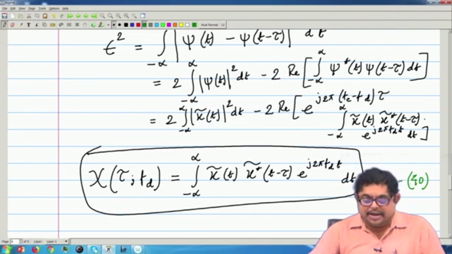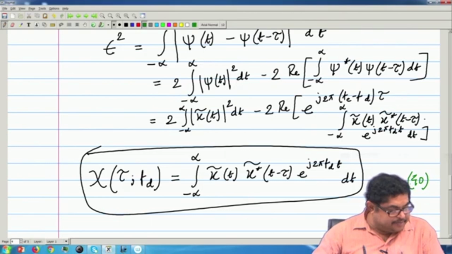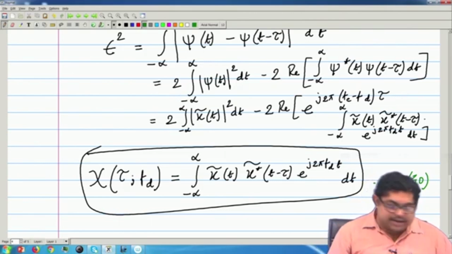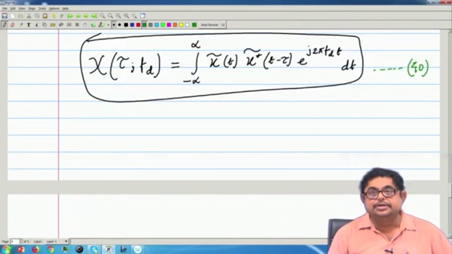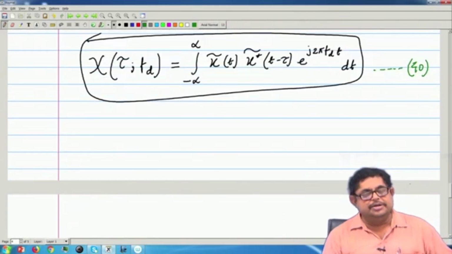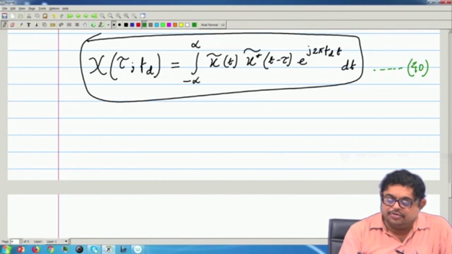So, basically the magnitude of this function is called the radar ambiguity function, and to have both these resolutions, because in measurement you want both the resolutions to be good,